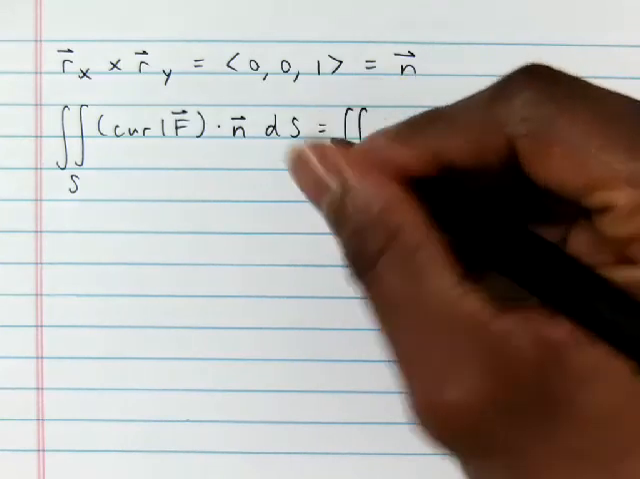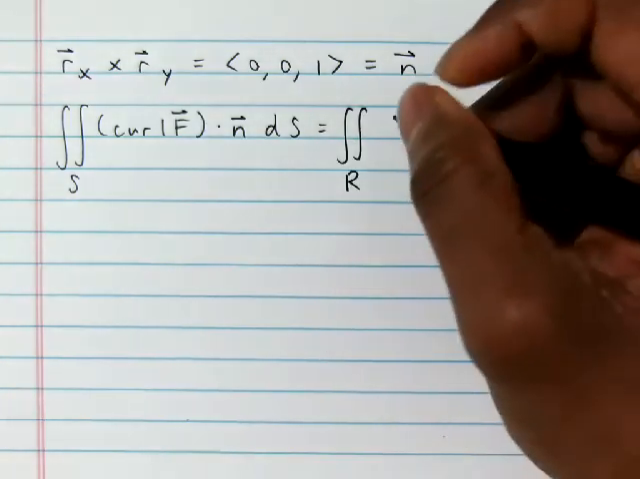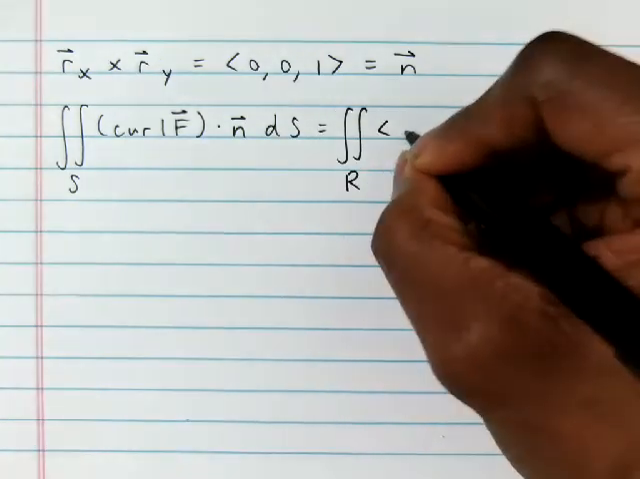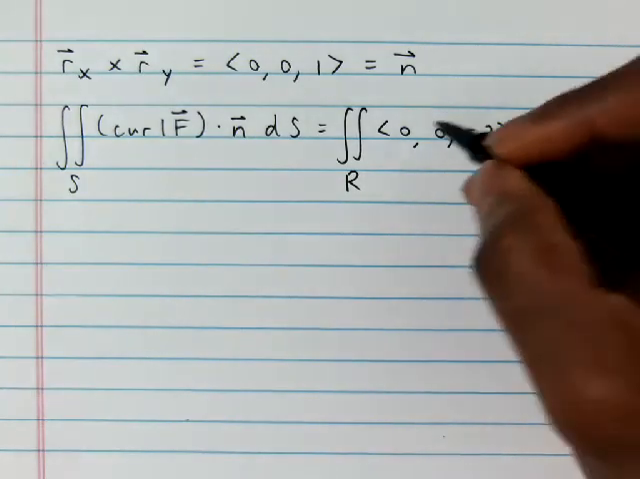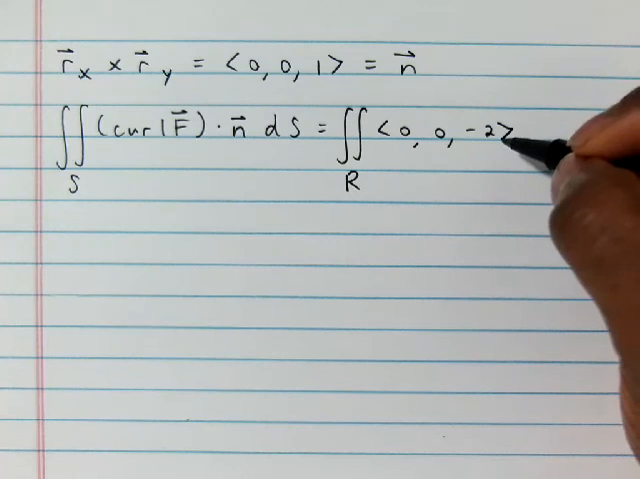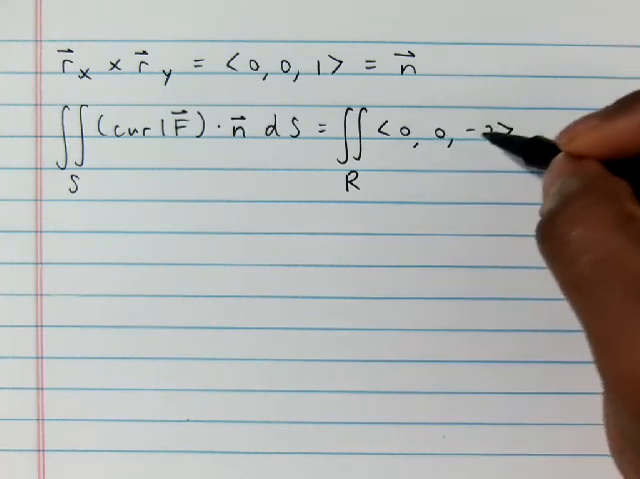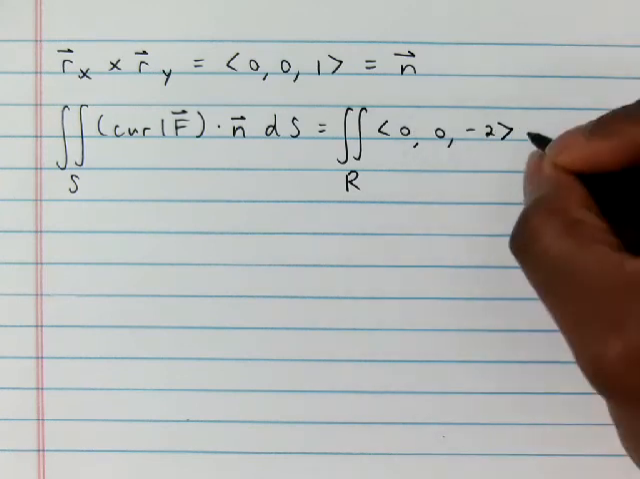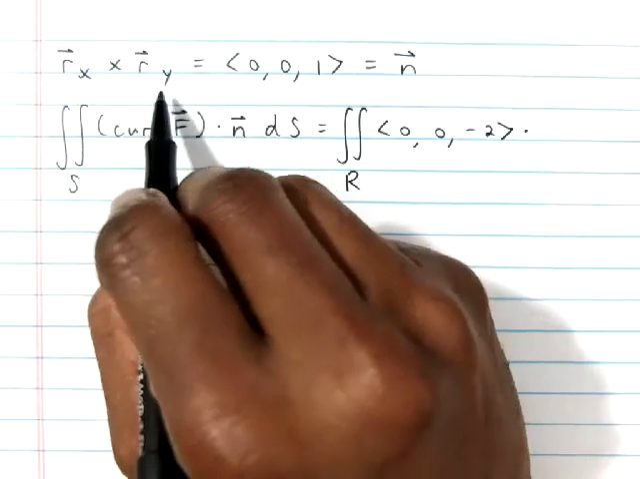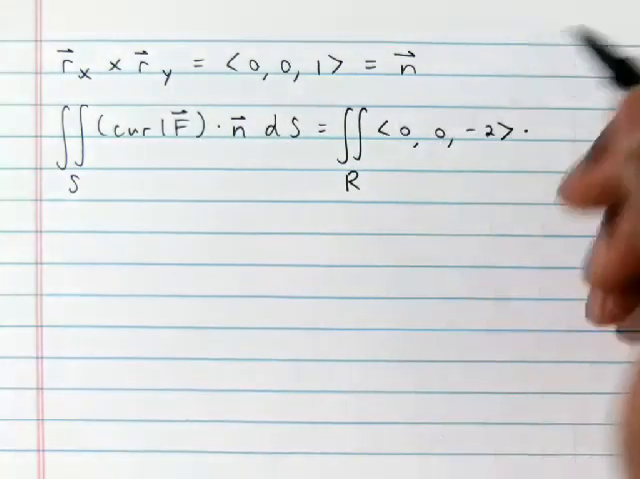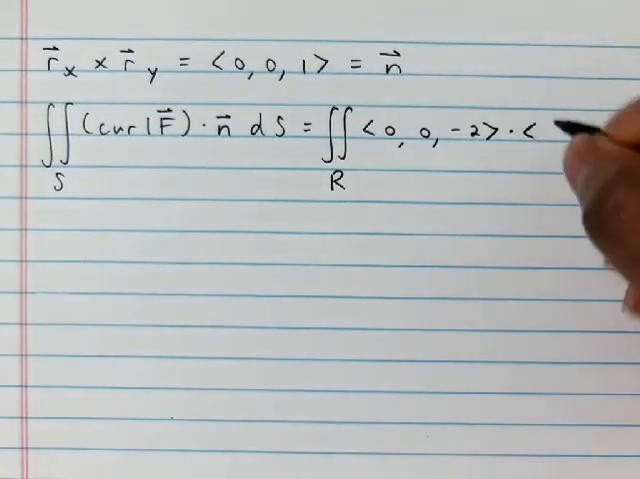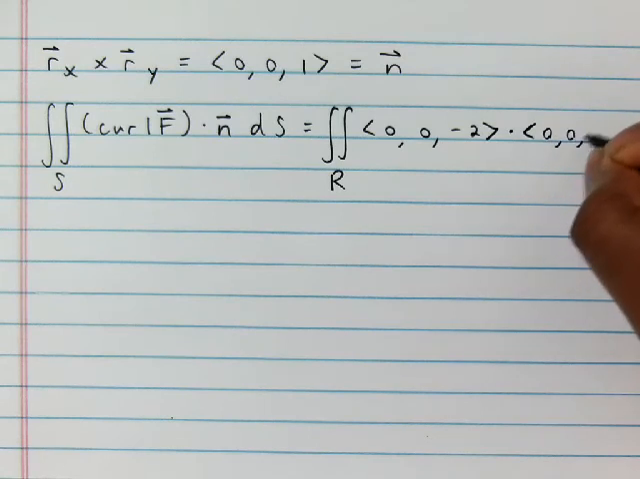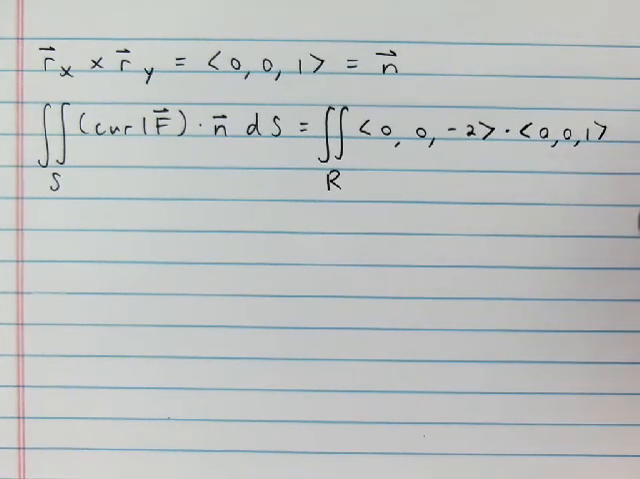We end up with the double integral over region R of, we had 0, 0, negative 2. So that's with our parameterization plugged in there, because all these were constants. So we do still have to plug in x equals x, y equals y, z equals 0 into here, but all of those were constants, so there's nothing to do there. Then dot it with r sub x cross r sub y, which we were just able to establish what that was by inspection. So 0, 0, 1 dA,